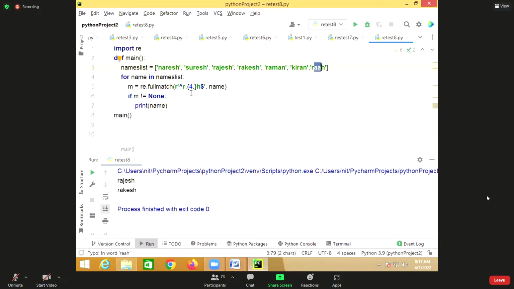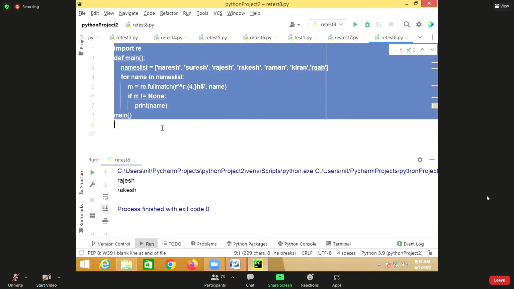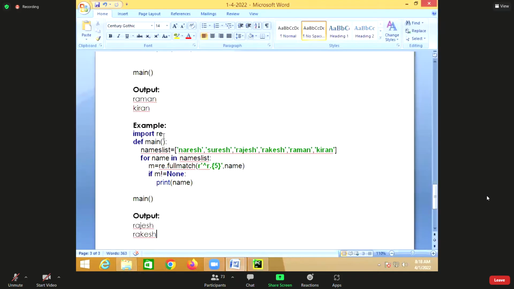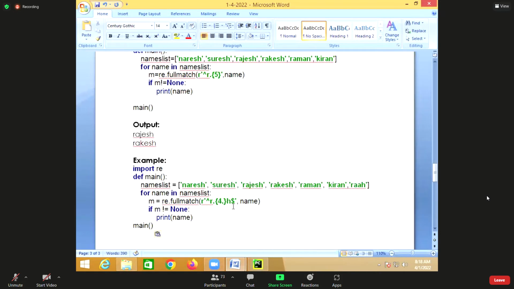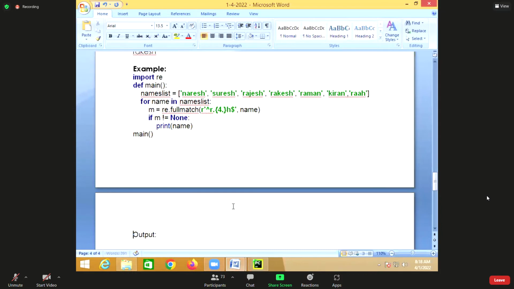But minimum how many characters should be there? 4. But I've given 2 characters. Is it fine? Not fine. So minimum 4 repetitions, maximum infinite. If you don't give the upper bound, it will do like this.